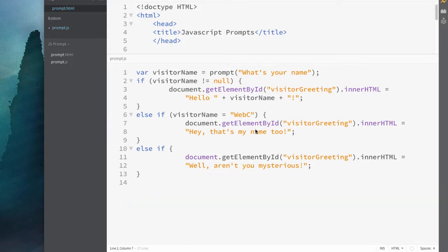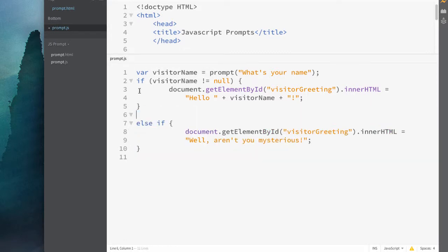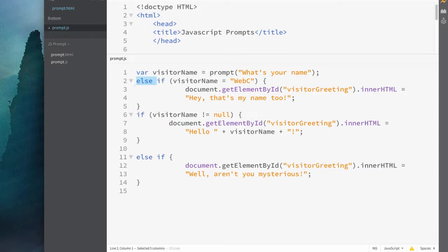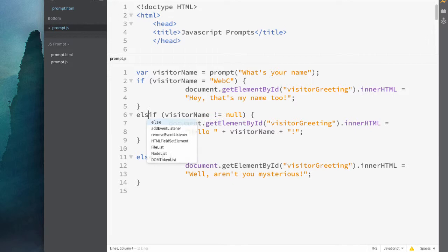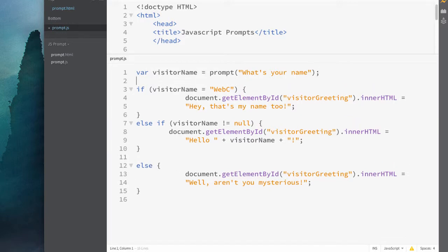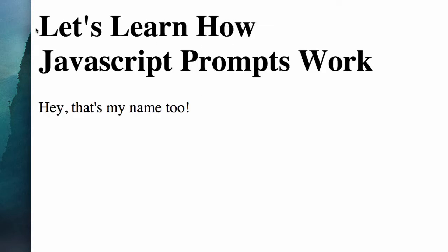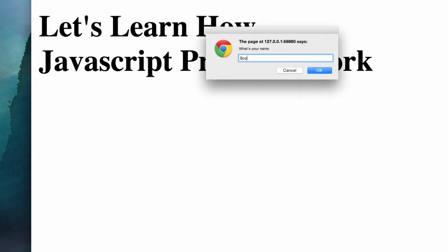Let's take care of that first. So the easiest way to do this is probably just to copy and paste this whole chunk here and move it above this one. And that means that this is actually going to be an if because it's at the top. This will become an else if, and this actually can just be else altogether. So it's going to check this one, and then it'll check that one, and then it'll check that one. That should be what happens. So if we save it, and we do webc, okay, that worked properly. If we refresh it and we try Scotty,